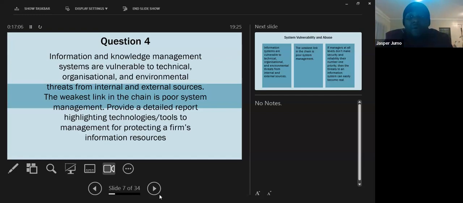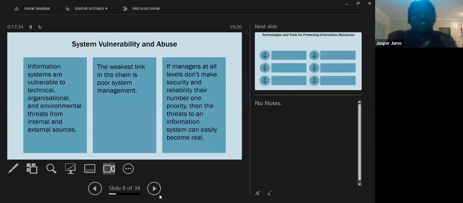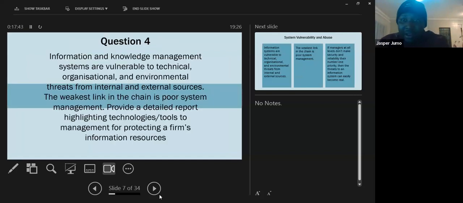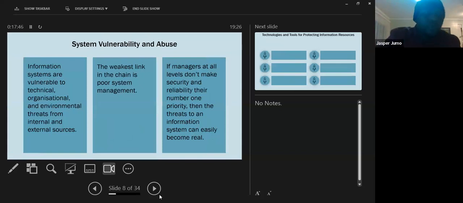So now the question is saying you need to provide a detailed report to management highlighting the technologies and tools for protecting a firm's information resources. So now we want to know the technologies that are used to protect the company from these threats, be it internal sources or external sources like hackers, right? So now we need to first define what these system vulnerabilities are, the threats themselves, right? So what you need to know is information systems are vulnerable to technical,